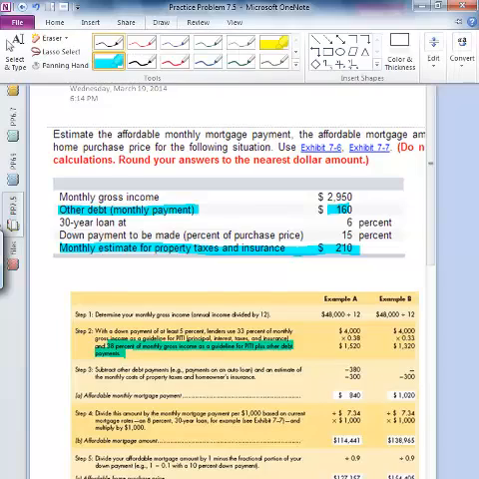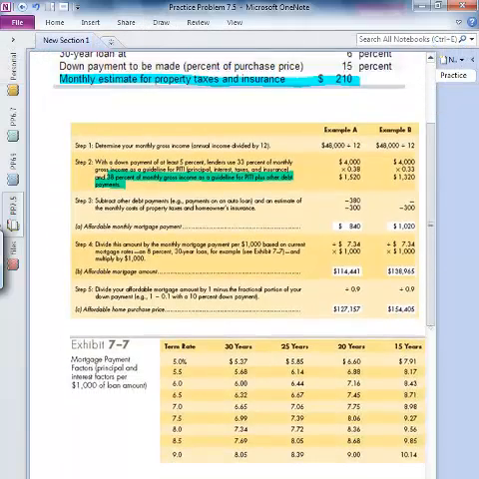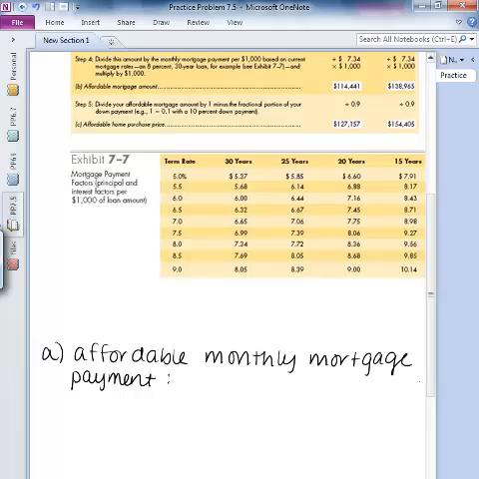So we go back down to find my affordable monthly mortgage payment. I'm going to take my monthly income, that $2,950, and multiply by 0.38. I'm using 0.38 because I have debt. If I didn't have debt, I'd be able to use 0.33. This gives me